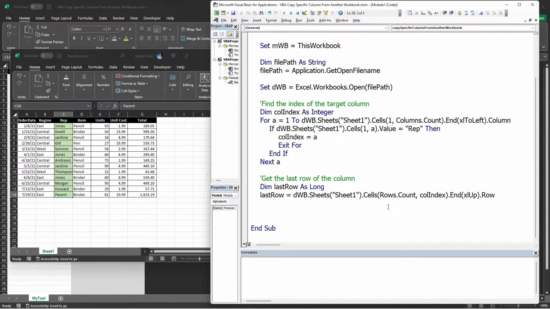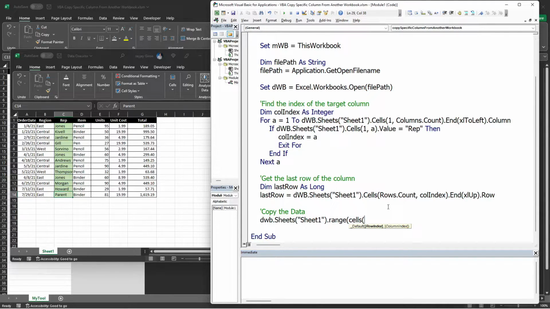Once we have that, we can start copying the data. So we will say DWB dot Sheet1 dot Cells, no, it should be Range, not Cells, dot Range. Let's start with the first part of the range, which is Cells.